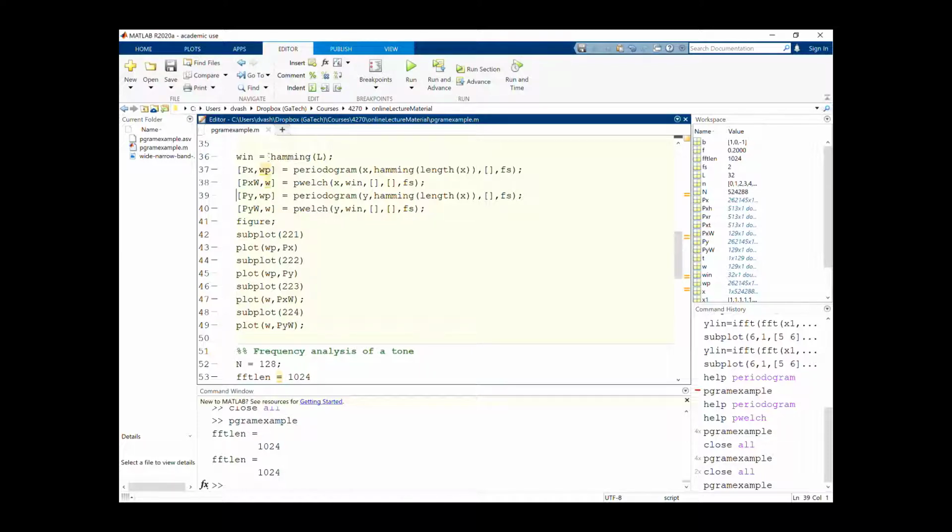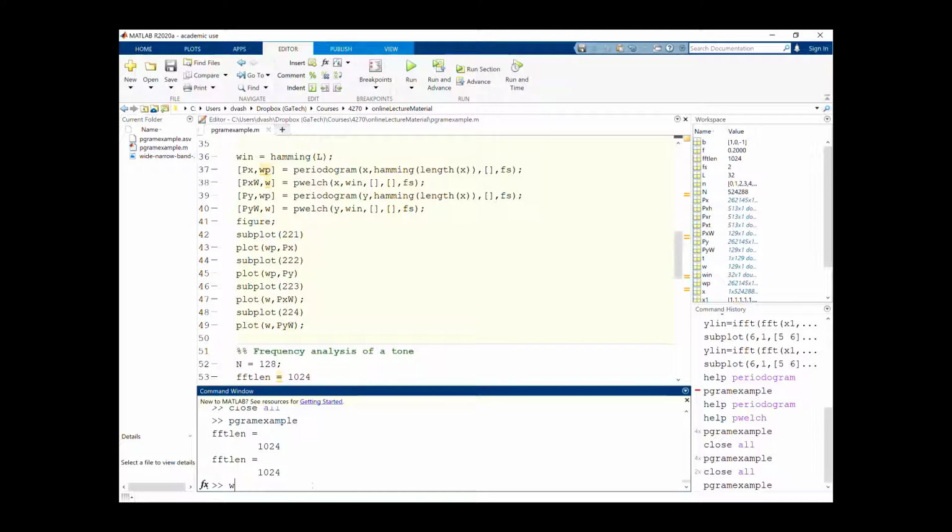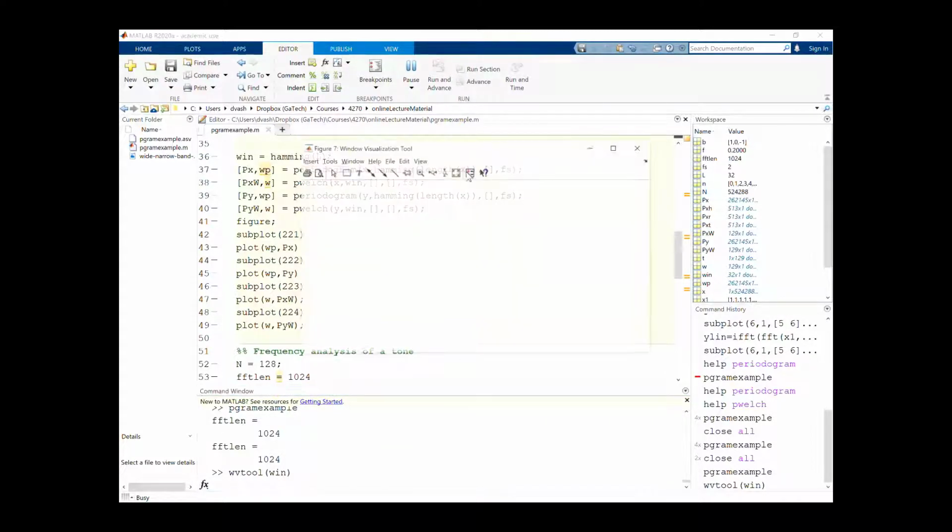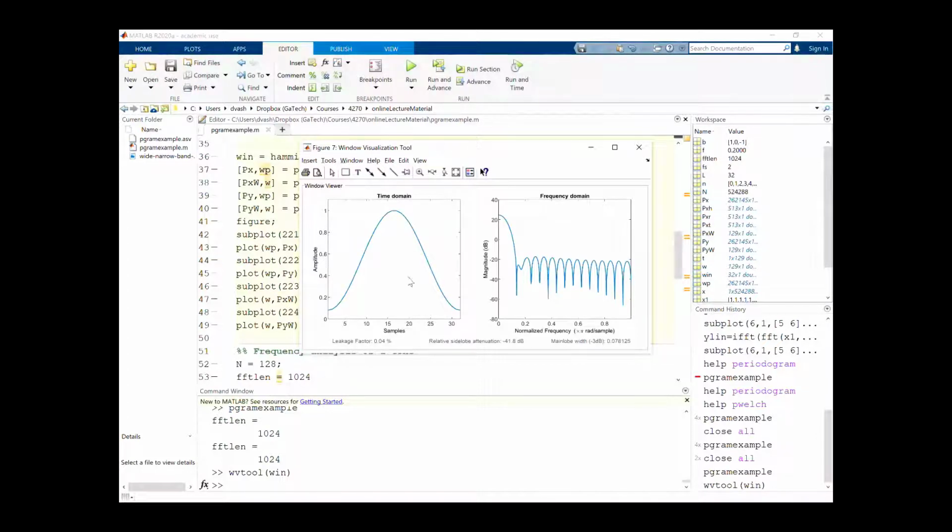But this time we're using the Hamming window. The Hamming window is a tapered window. I think you can see this. WV tool win. We'll show you this window as soon as it finishes running. There we go. The Hamming window here on your left peaks at 1, tapers down to almost 0 at the edges. And in the frequency domain on a log scale, it has